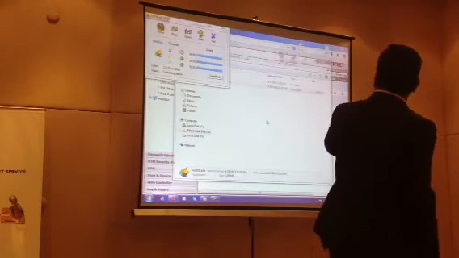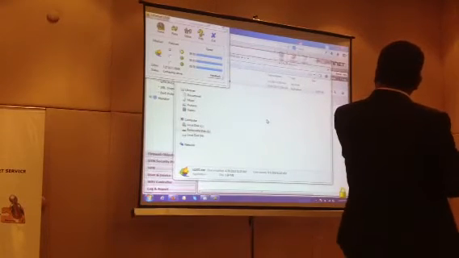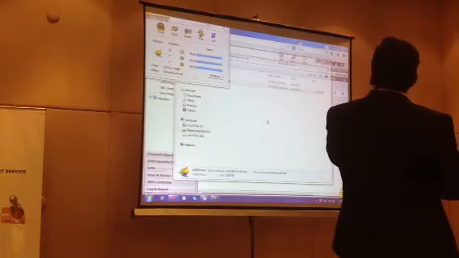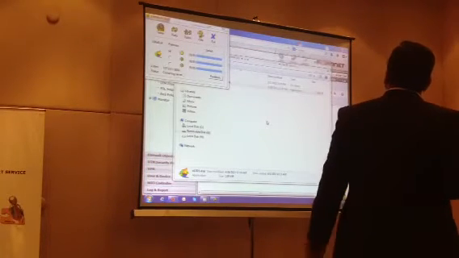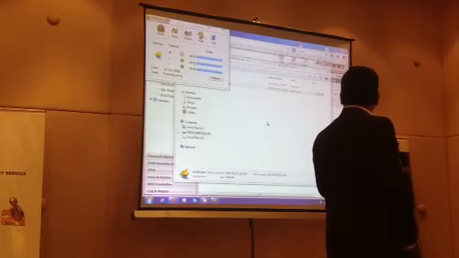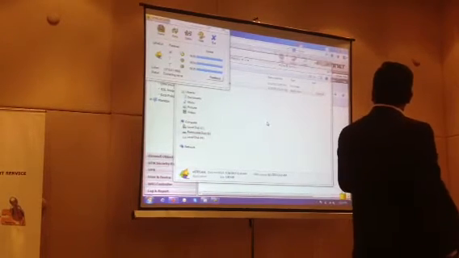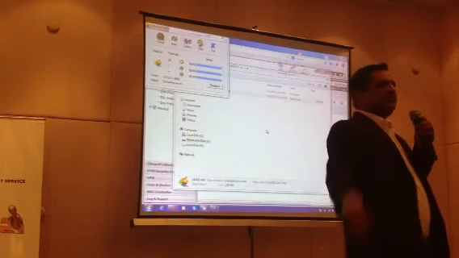Now it's trying to connect to the multiple proxy servers. How many people have achieved this scenario in your organization?